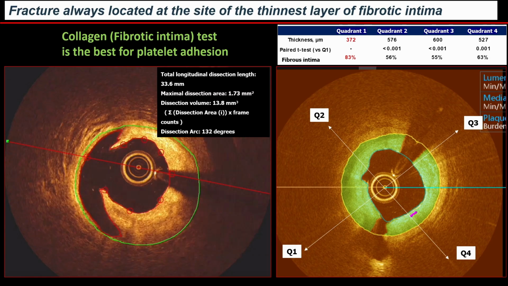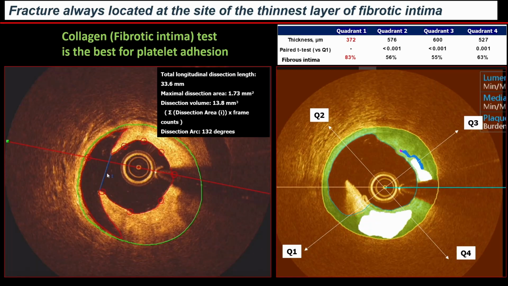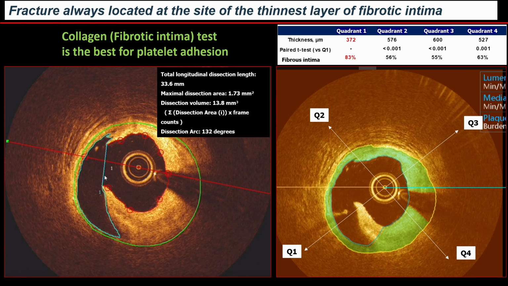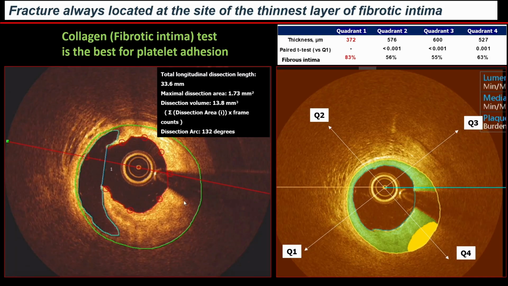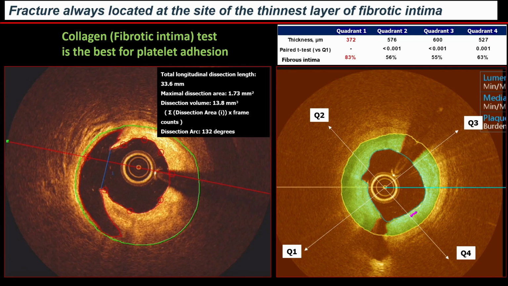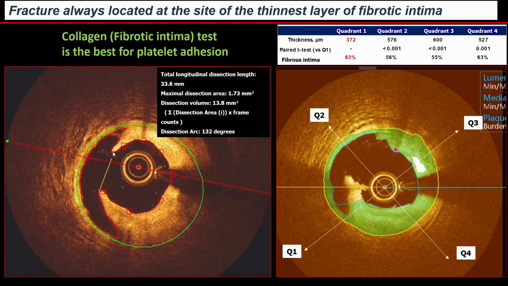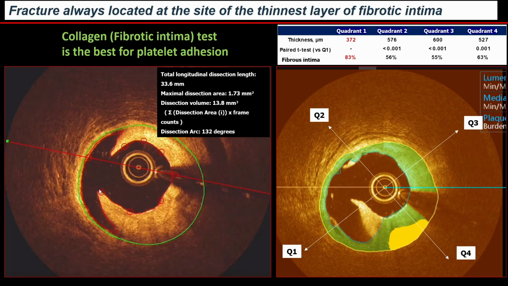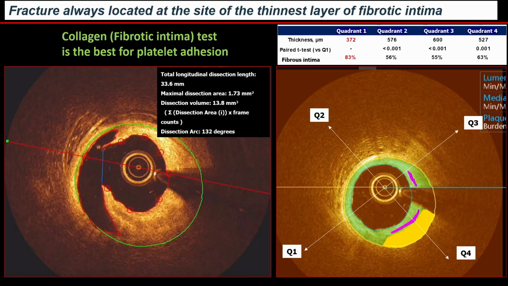So what happens basically every time you do a balloon angioplasty is the fracture is always located at the site of the thinnest layer of fibrotic intima. You could see the number 372 micron. It's not the plaque which is going to fracture, it's the opposite side, systematically. If you look in quadrants 2, 3, and 4, the thickness there is more important. And you could see that the calcium and the lipid are at the opposite side of the dissection. And you see that our algorithms work quite well to detect the